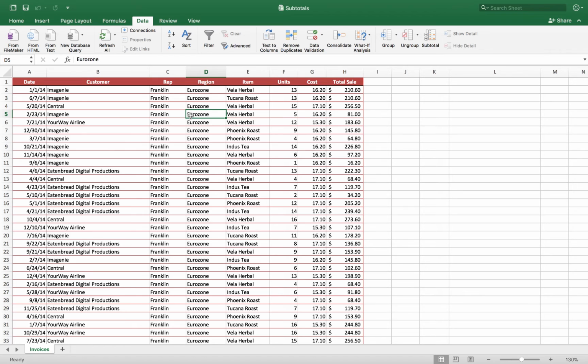All right, so subtotals are a cool feature to quickly do this without having to write any formulas. We're just clicking on a few check boxes, and no formulas required. All right, so I've removed the subtotals here. Anybody have any other questions on subtotals or need any help on what we're doing here?